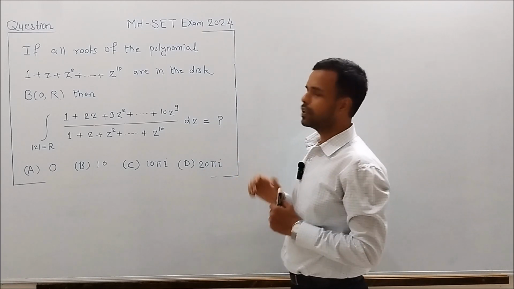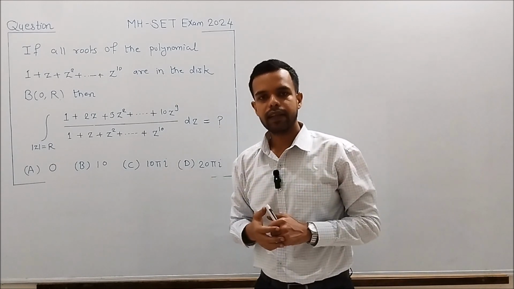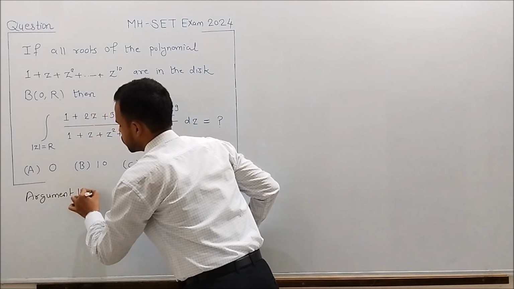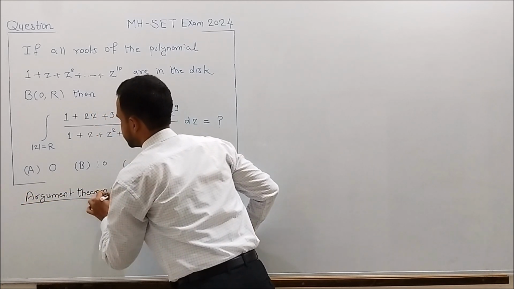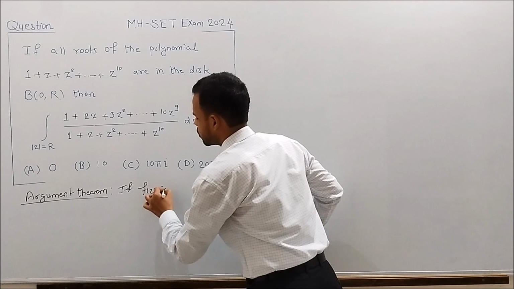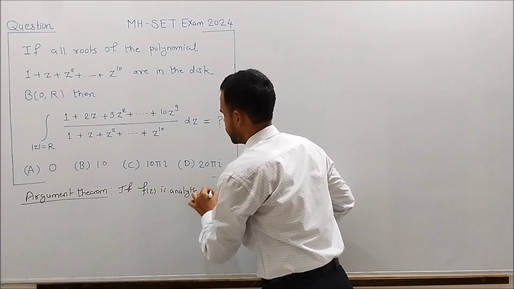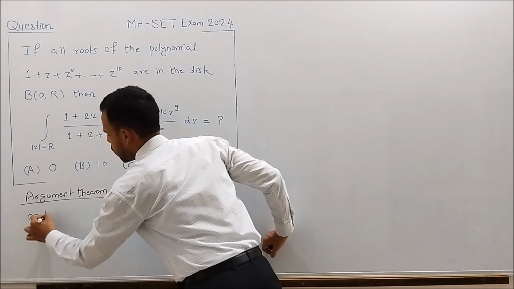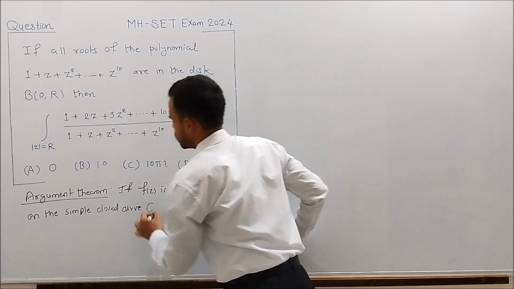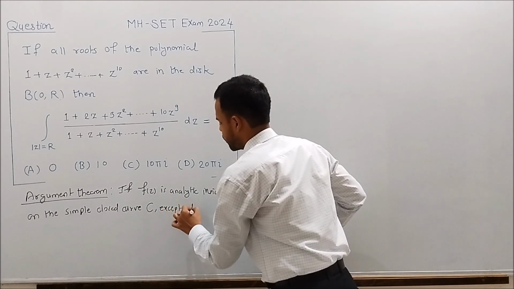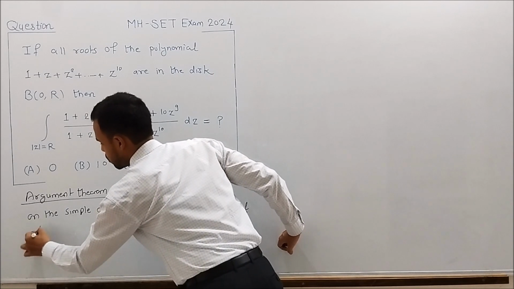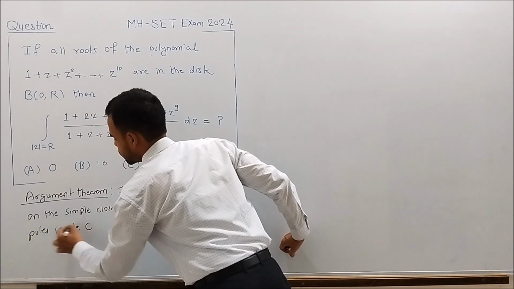So let's begin the solution. To solve this question, we will use a famous result from complex analysis, and that result is the argument theorem. This theorem states that if f of z is analytic inside and on the simple closed curve C, except at a finite number of poles inside C, then